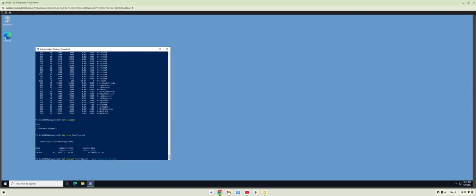Let's see this. All right, here we go. Let's add an explanation point right there. All right, and then I'm gonna hit enter. So if we want to see whether or not this actually worked as far as entering the Cyber is awesome comment within the text file, we're going to do a Get-Content